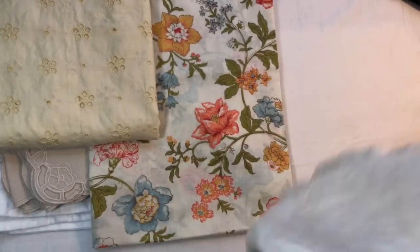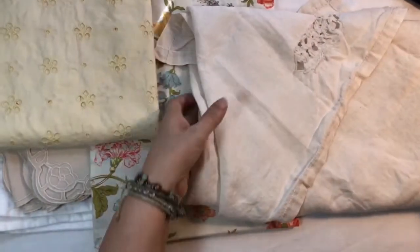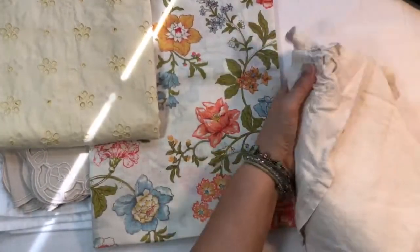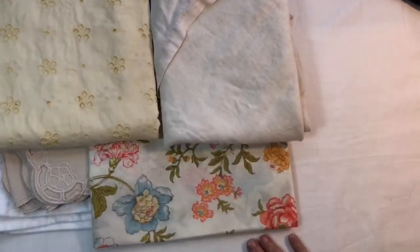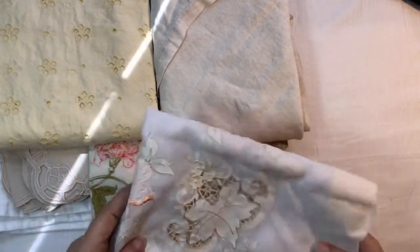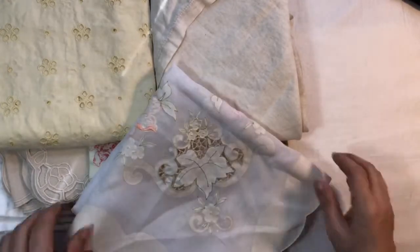Again, my Goodwill store. I've got like 4 or 5 of them in my area. They just opened another one, but they don't have any of the good stuff yet. I think it has to be open for a while for that to happen. It seemed like everything was new. I was almost disappointed. But look at this, this is a curtain panel